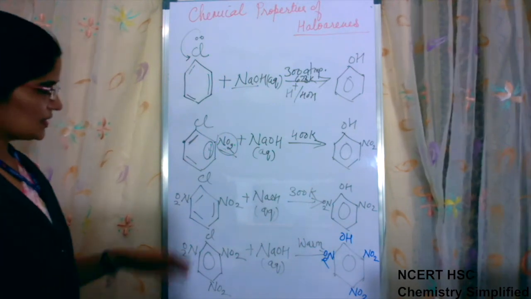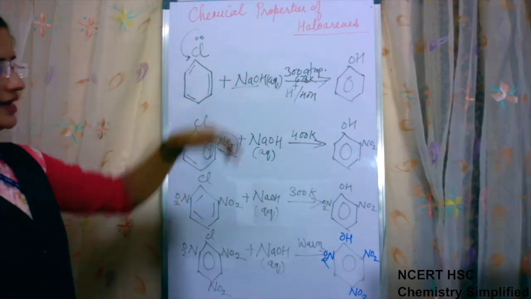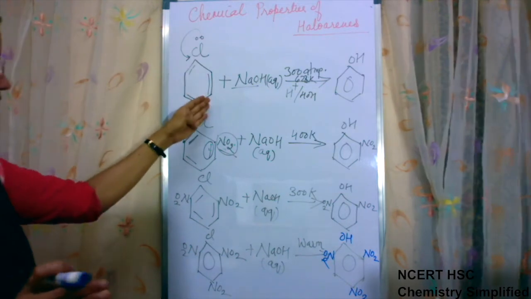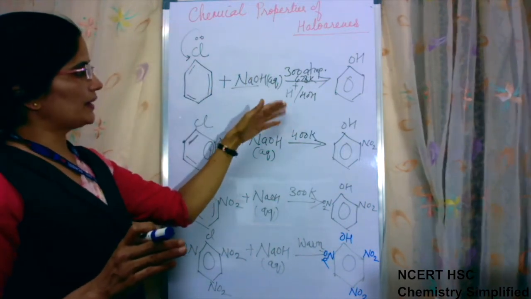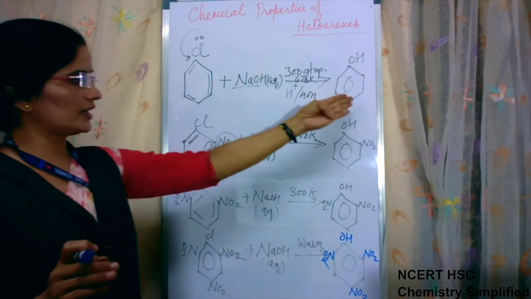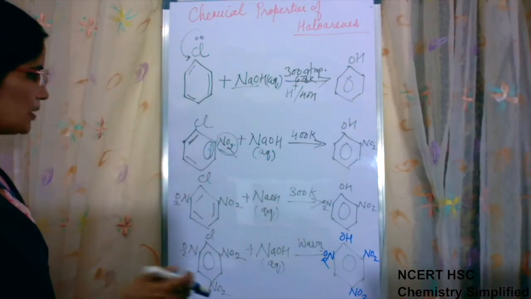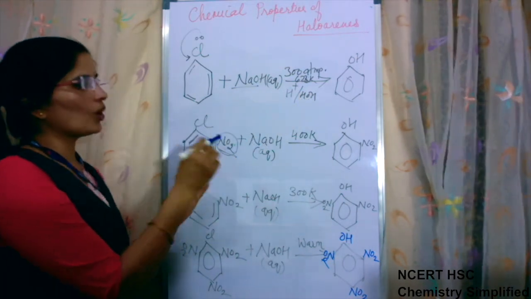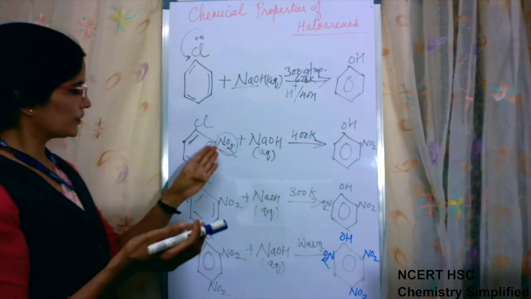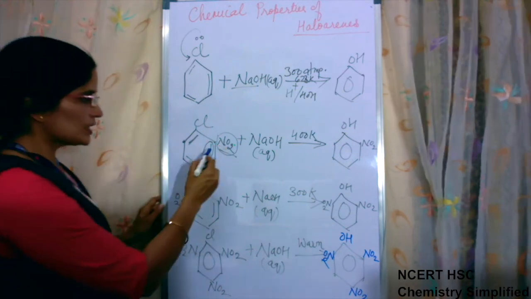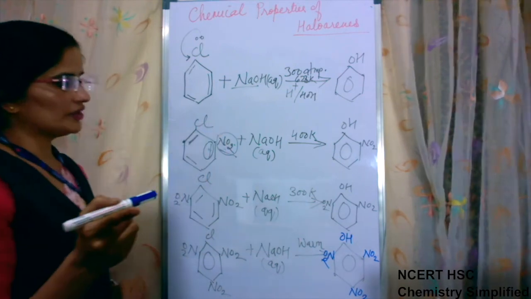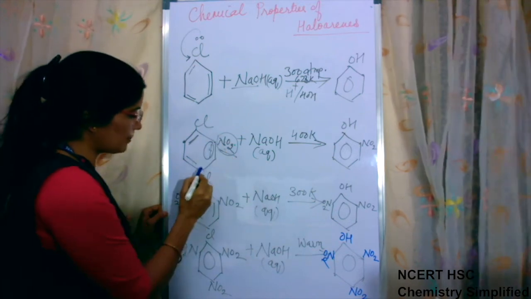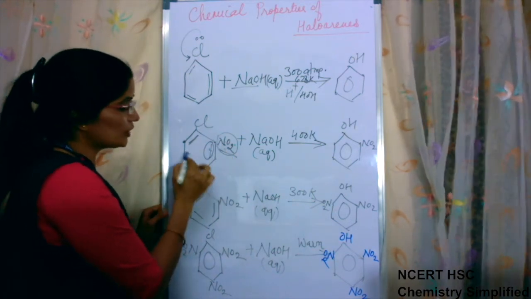Okay, means nucleophilic substitution reactions first of all are not given by benzene. If it is haloarene, if it is made to take place under drastic conditions, then it can give one reaction in which phenol is formed. To reduce the drastic conditions, one thing can be done, that we can have a nitro or any other electron withdrawing group on ortho or para position, because these electrons, while we were rotating them in the resonating structures, you saw that they were coming only on ortho and para position. They were not coming on meta position.